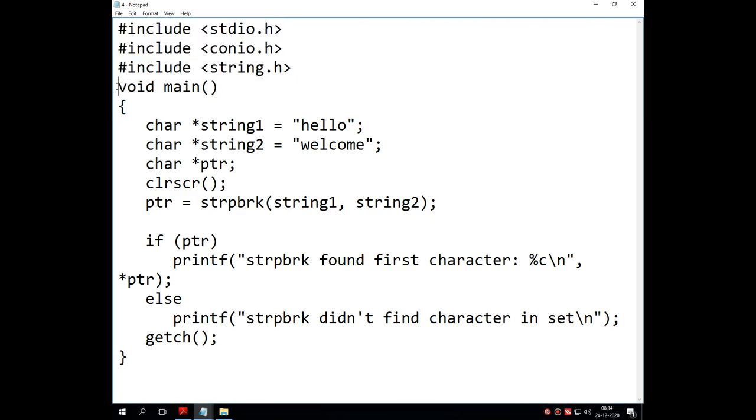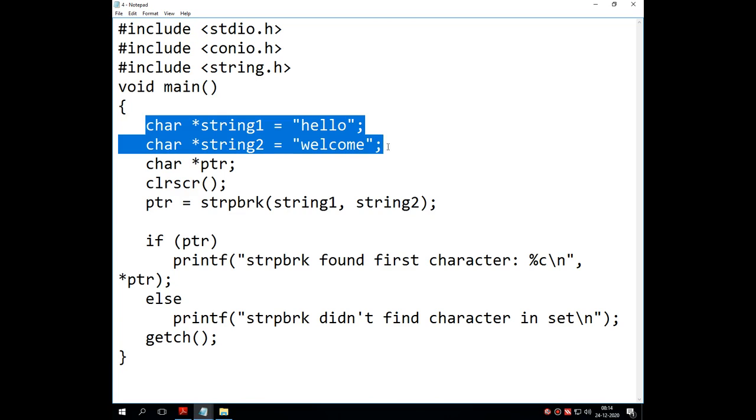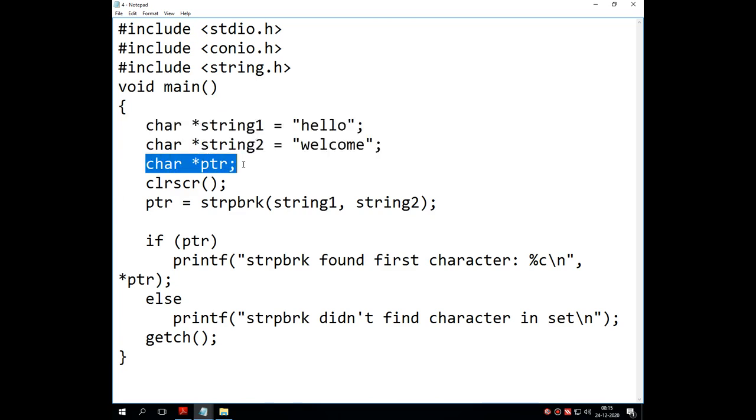Then in the main executable statement there is an opening and closing bracket. Inside the brackets, first I have declared the two variables which contain the static values hello as well as welcome, and as an output variable I have declared a pointer.